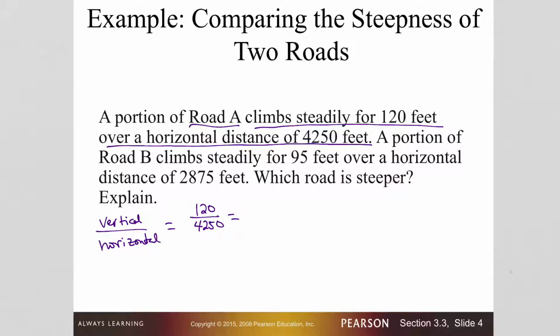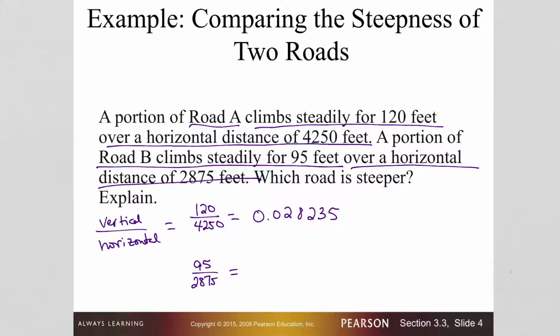So I'm going to, on my calculator, type in 120 divided by 4,250, and I get this big long decimal that I'm going to take out to several decimal places. Okay, I'm going to stop there. Okay, so now we're going to look at road B. It climbs steadily for 95 feet. That's our vertical. Over a horizontal distance of 2,875 feet. So then I'm going to, on my calculator, type in 95 divided by 2,875, and I get